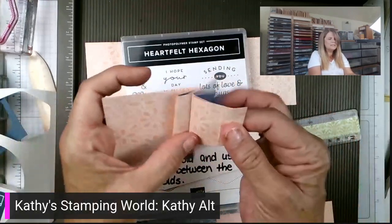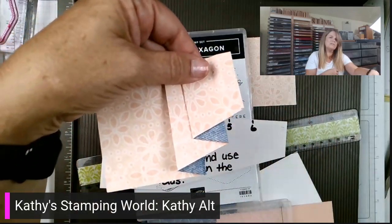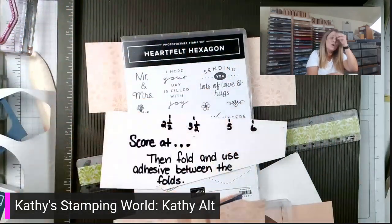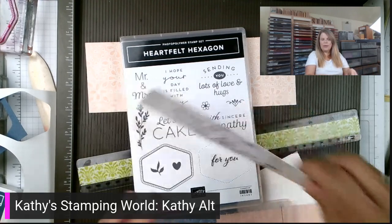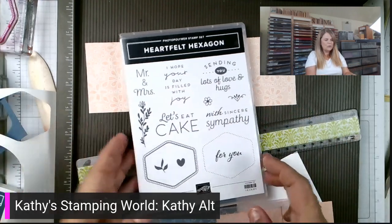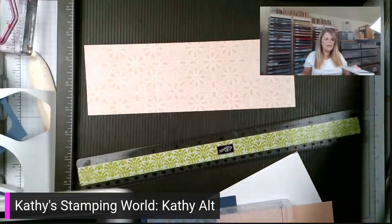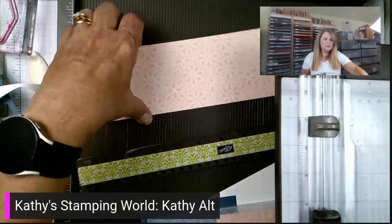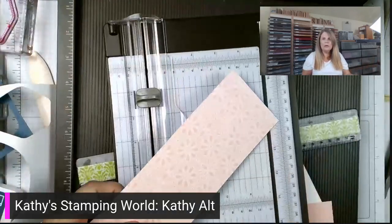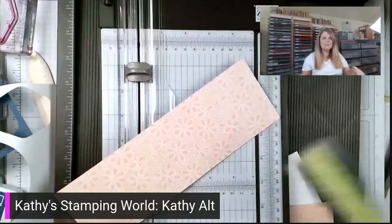You would get this fold, and it just wasn't a whole lot of fun. So I am going to show you a little bit different dimensions, okay? The first thing you're going to want to do, now I'm going to use both my paper cutter and my paper score. So you could do it with only your paper cutter if you wanted to. The first thing you're going to want to do is have a piece of 3x9